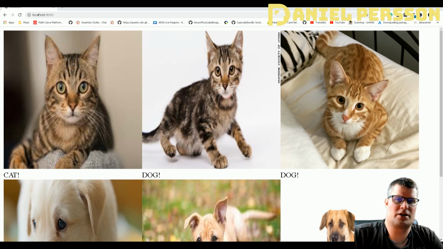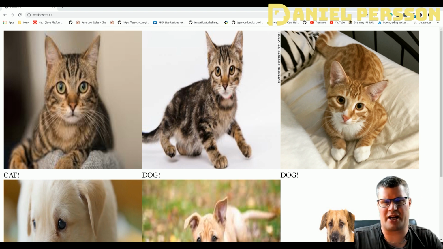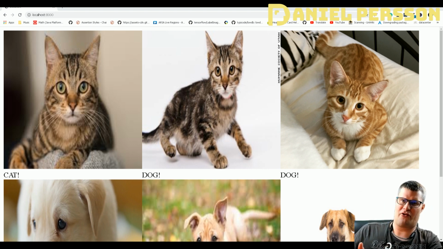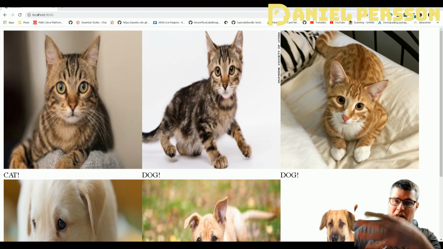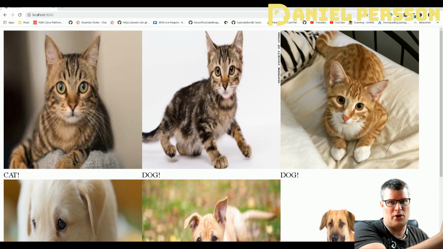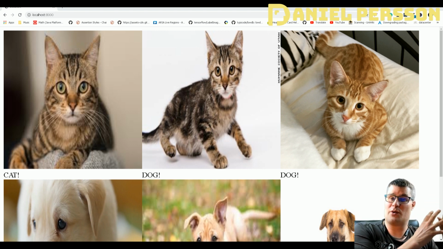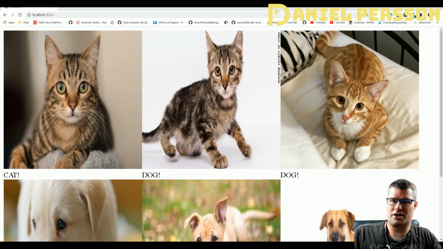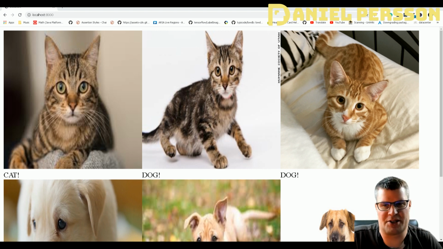Today we're going to do some machine learning, and we're going to go all the way from Java, creating our data set from custom images, all the way to a JavaScript library in order to use it on our web page. So